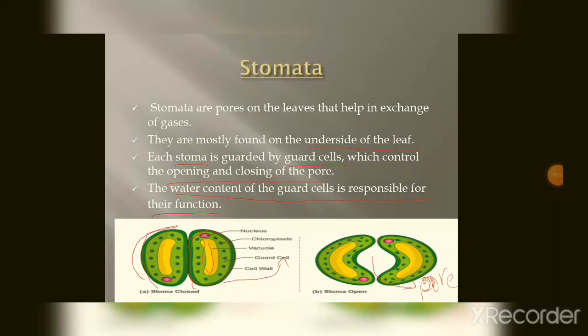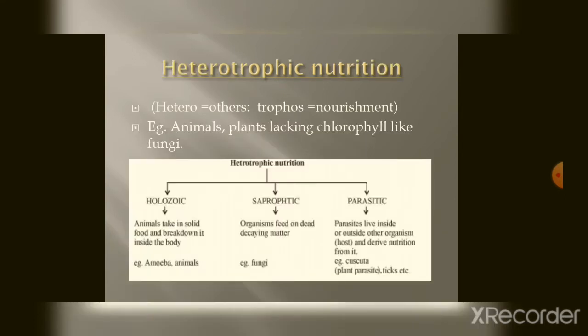There are certain functions of stomata. They include respiration, that is exchange of gas, and next is transpiration, that is excess water lost as water vapor. That is, if a plant contains more water, then it will lose water. That is excretion of water. Next is photosynthesis. For photosynthesis, it helps the carbon dioxide to enter into the plant. Activity 6.2 is also important.